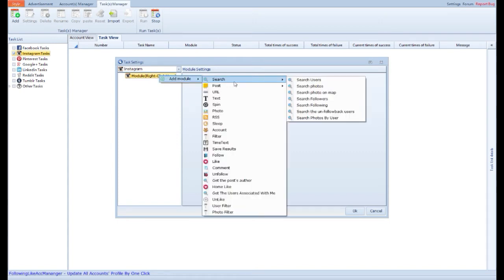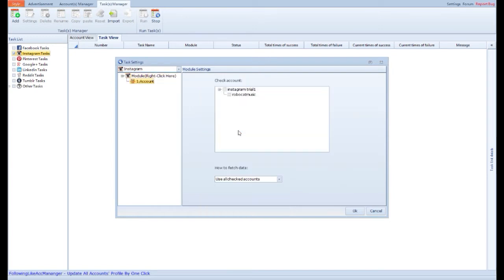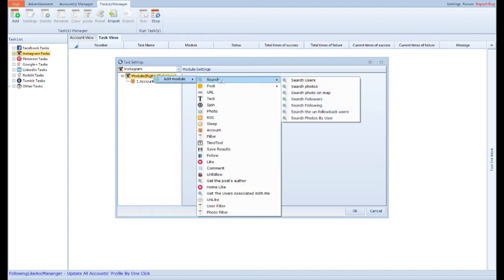and add module. Go ahead and select account. Once you select account, make sure to double check that both of these check marks are selected and use all checked accounts if you have one account. Then we're going to right click here, add a module,